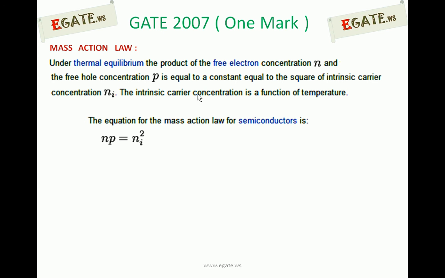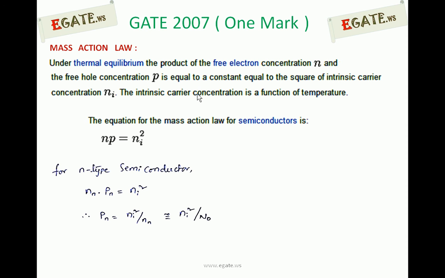So for an N-type semiconductor, simply N and P are replaced with suffixes Nn and Pn. Instead of Np, we are writing it as Nn into Pn. That suffix N implies nothing but N-type semiconductor. For an N-type semiconductor, free electron concentration is Nn, hole concentration is Pn. Multiplication of that is always constant, which is equal to the square of the intrinsic carrier concentration, Ni square. So we can calculate the minority carriers Pn for an N-type semiconductor as Ni square by Nn.